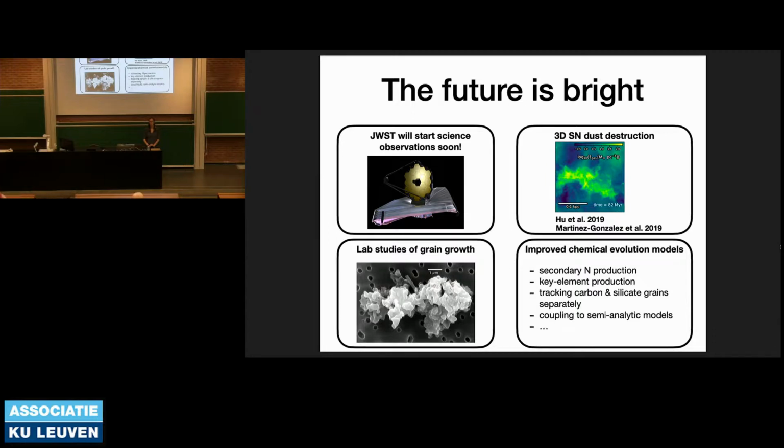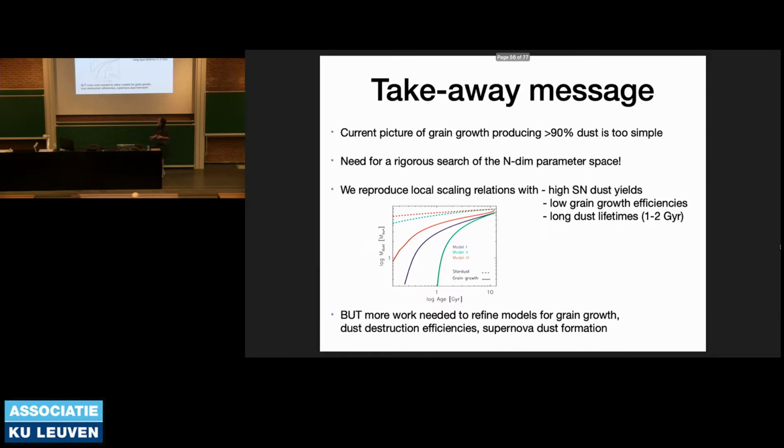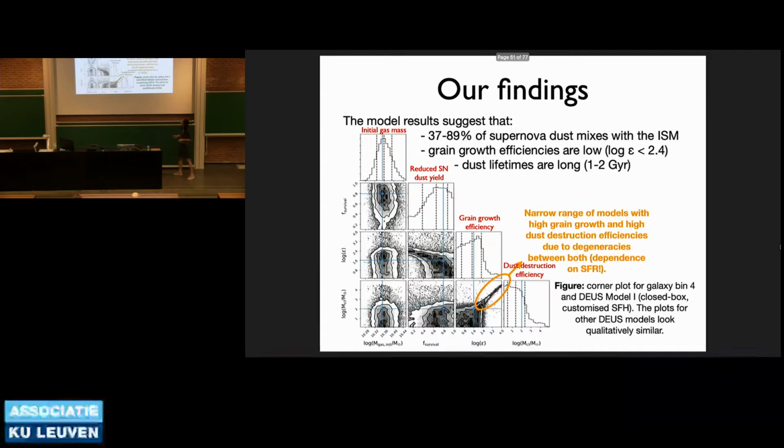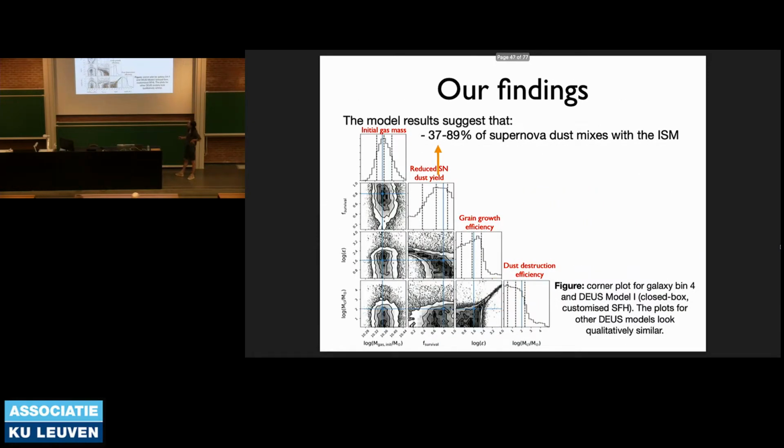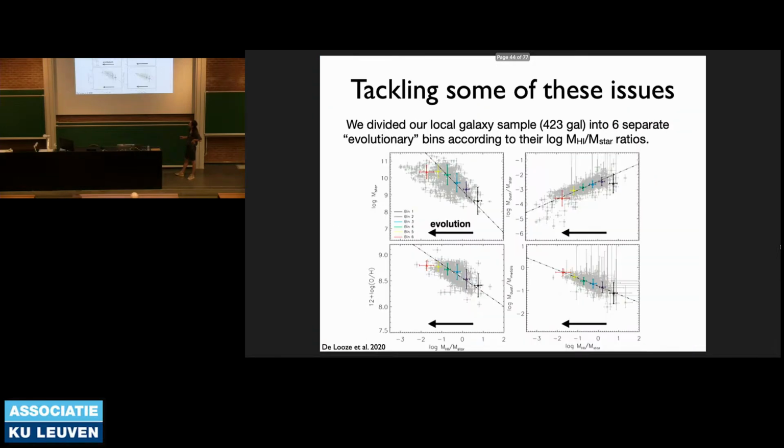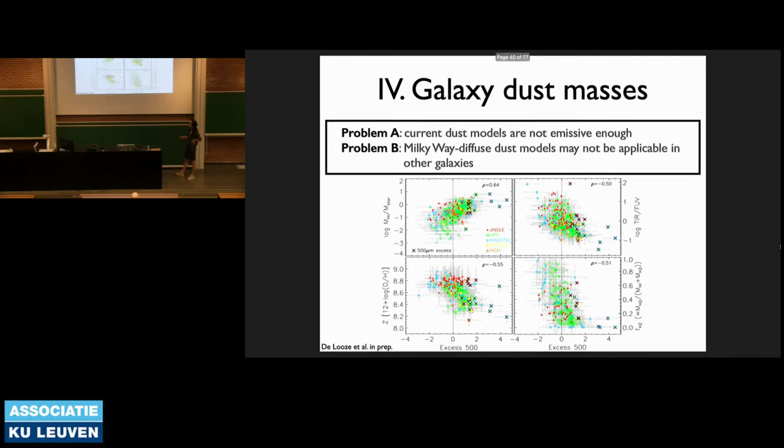Ilse, when you talked about the dust emissivity, there was a plot with, in lower metallicity, you have a very efficient emissivity in the far infrared. Is that related to the species of dust that you form there at low metallicity, or is that? We don't know. We don't know.